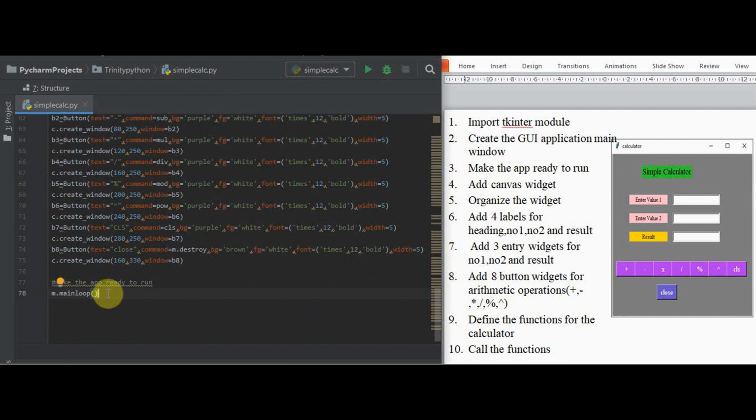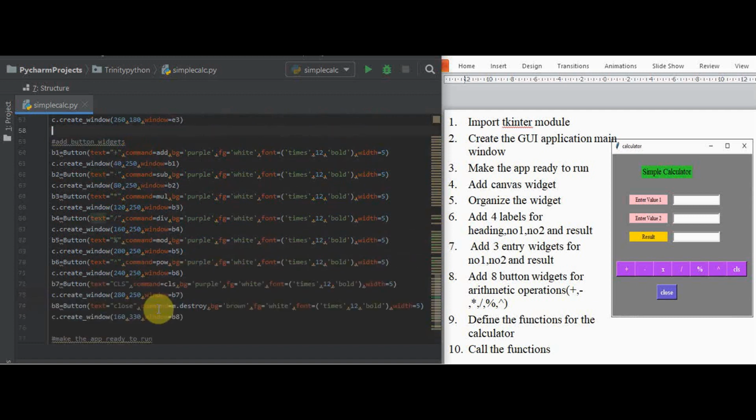It will wait for any event to occur, either you press a button or you enter some value into the entry widget, whatever it may be. It will wait for an event to occur, and then it will process that event. Otherwise it will be running infinitely. Only if we give this m.mainloop(), this application window will open.